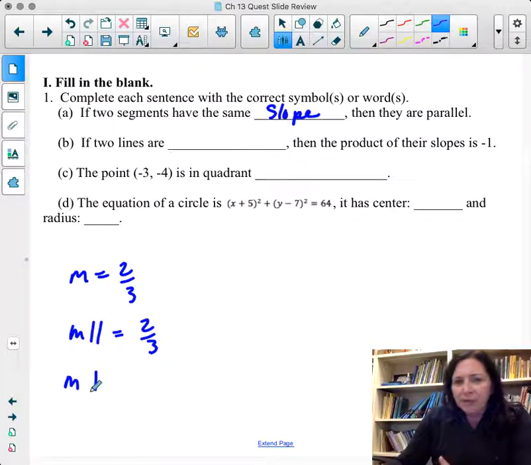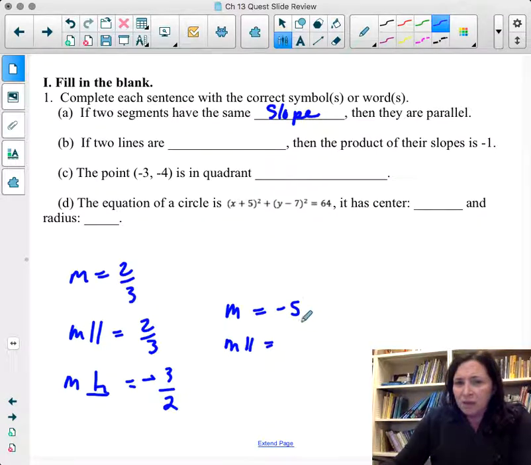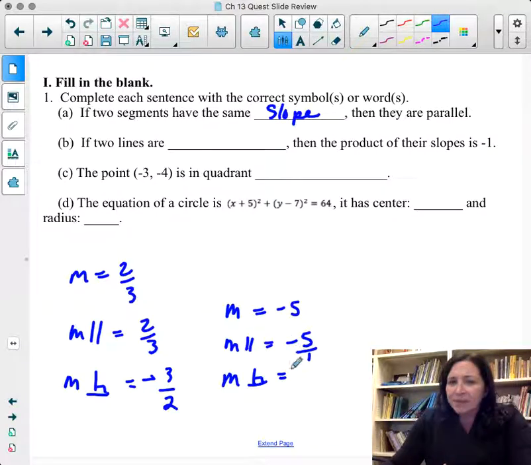However, the slope of the line that's perpendicular is what we call the opposite reciprocal. So if it's a positive number, it'll be a negative. If it's a negative, it'll be a positive. And it's the opposite, so that'll be negative. Reciprocal, meaning you're going to flip it upside down, so it's -3/2. Another example might be if I said that the slope was -5. Well, the slope of the line that's parallel to that is also going to be -5. But the slope of the line that's perpendicular, again, there's a 1 underneath all numbers, so the opposite reciprocal for being perpendicular is going to be